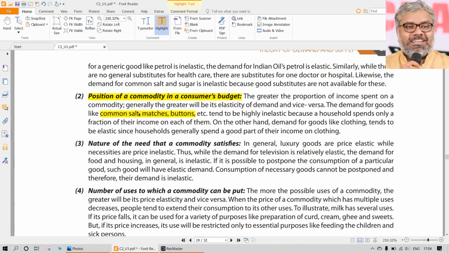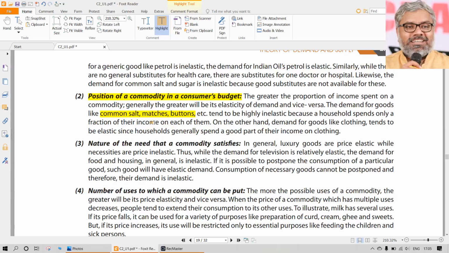And another thing is, even if there is a decrease in price, let us say, for example, matchboxes. Normally, a 1 rupee matchbox discount offer, 25% discount on matchboxes, any company arranges some advertisement campaign. Are you going to just buy matchboxes and use them just for the sake of it? What are you going to use them for? Useless. Nobody is going to buy matchboxes just because they are available free, or even at a very low price.